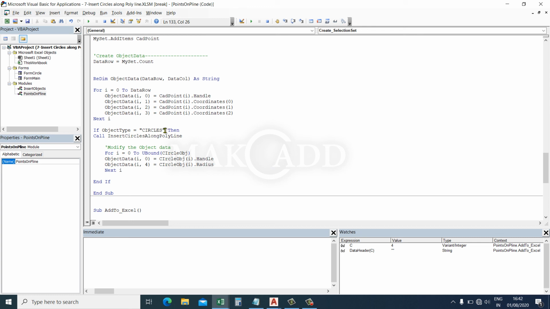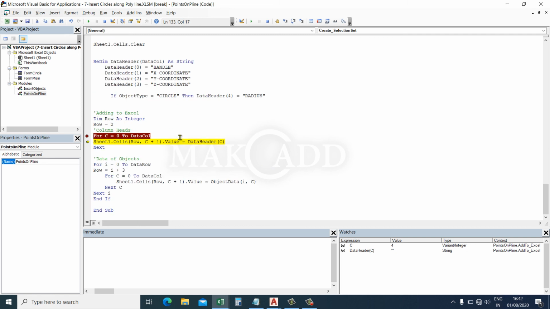Circles, yes. If object type is equal to circles, so make sure you are not making any spelling mistake. So object type is equal to circles. So we can try once again.